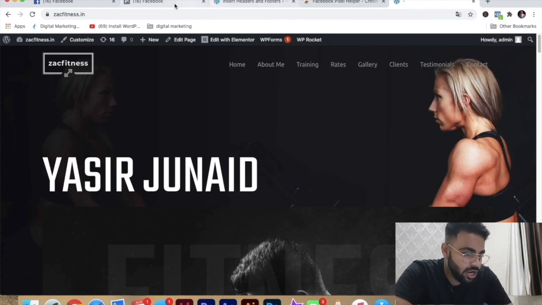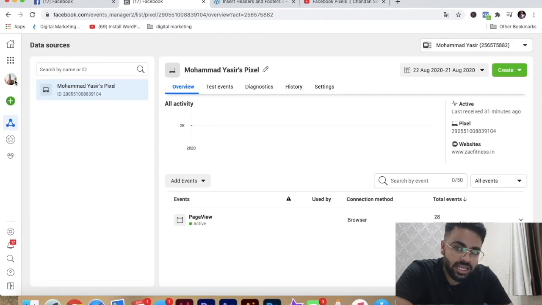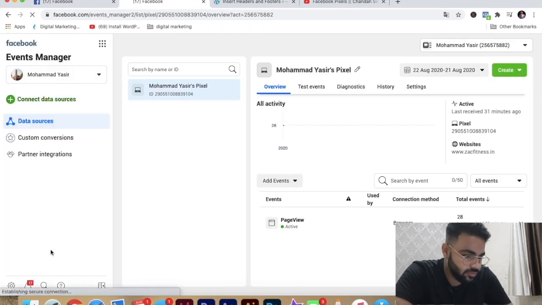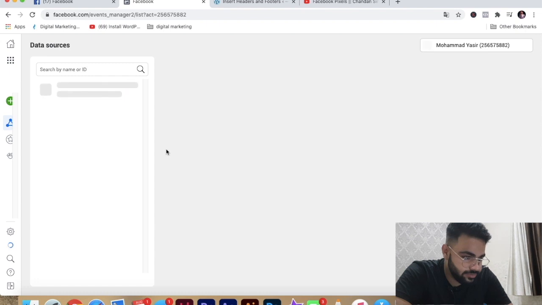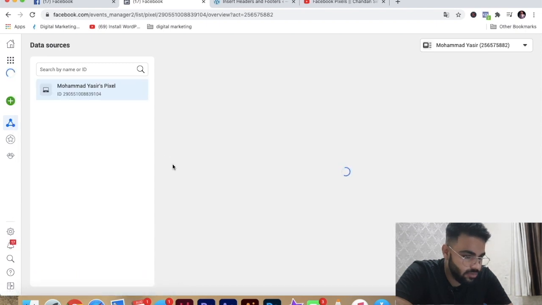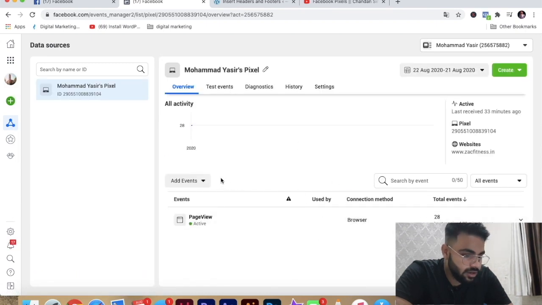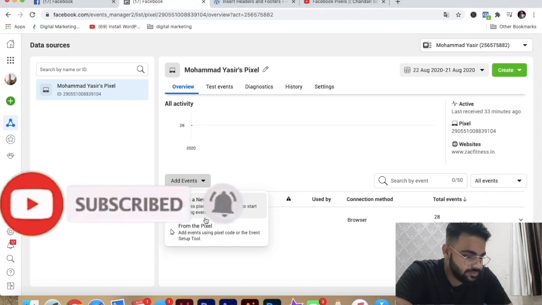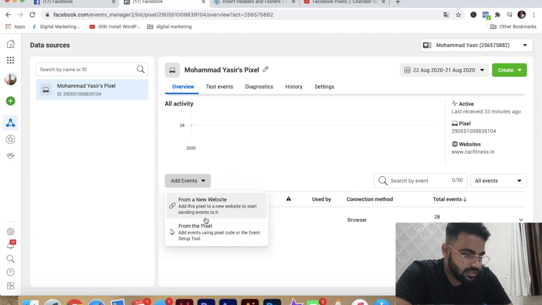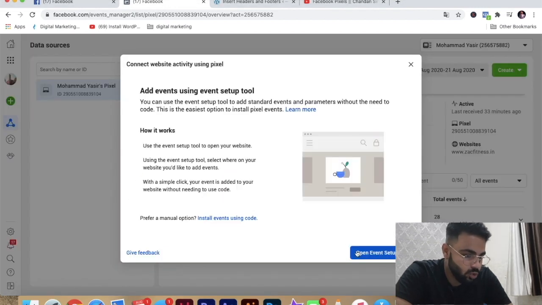Now go back to your Facebook Pixel account, just click on refresh. Click on add events from the pixel, open event tool.